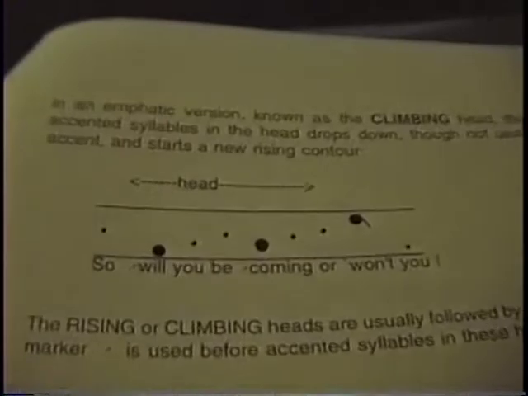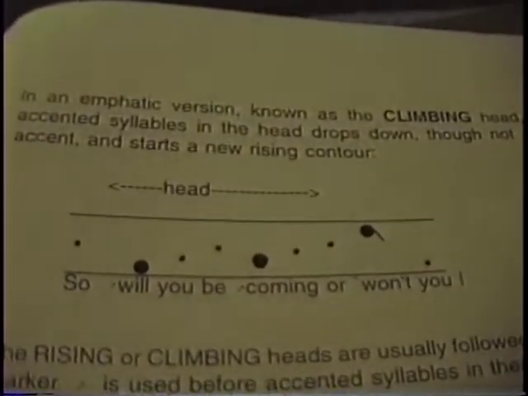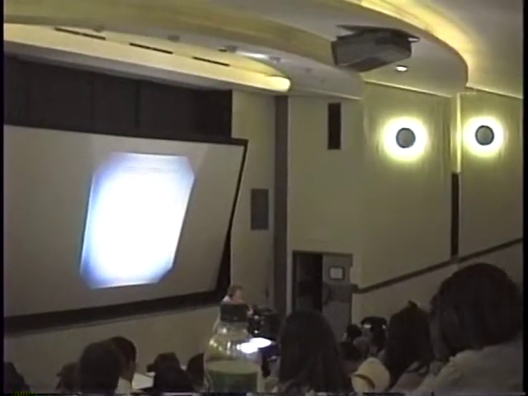You've got to think of something to differentiate them. And you'll see that this is similar to the stepping head in the way that successive accents behave. Again, you can only have this emphatic version if you've got a longish head with the possibility of more than one accent in it. The pitch of the successive accented syllables drops down again and establishes a new starting point